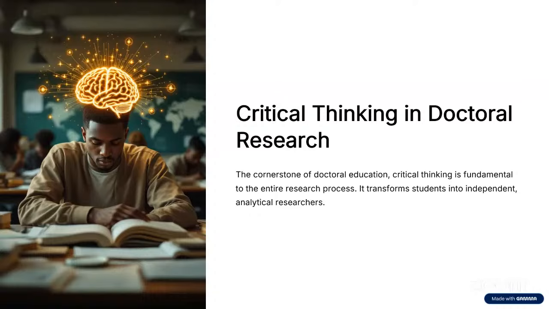For some, it could be because of that personal dream, that personal desire that you also want to have your doctorate degree. For some, I know it could also be because of promotion or because of circumstances around them. Irrespective of the motivation or the intention for enrolling in the doctoral program, critical thinking is the cornerstone on which the journey itself is anchored, because it's fundamental to the entire research process.